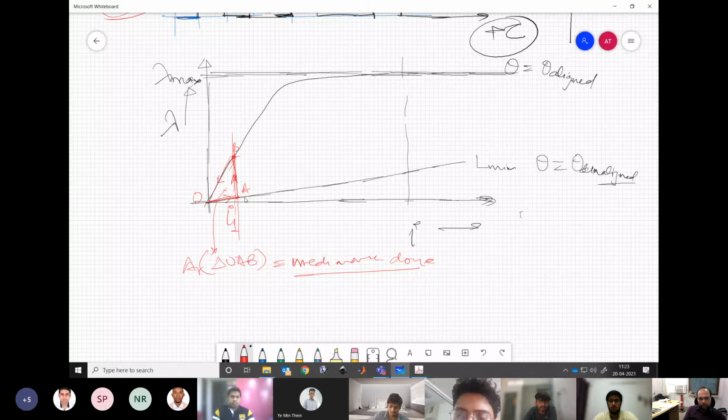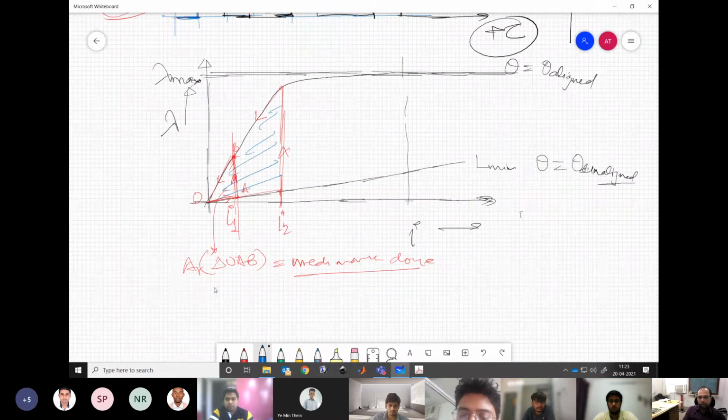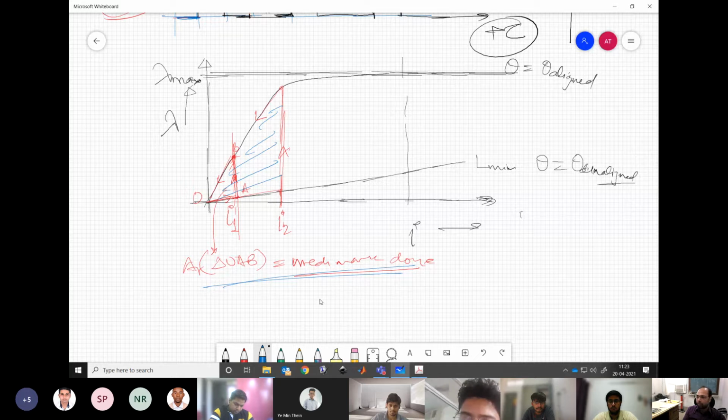Now, certainly, if we give a little more excitation, let's say at this point I2, and we allow it to move up to this point, still there will be no change in movement, there will be no disadvantage or any harmful effect on the coil or the machine, but we can have now a bigger area. Which means more mechanical work can be taken out, or more energy can be extracted in the form of mechanical energy. Understanding my point?